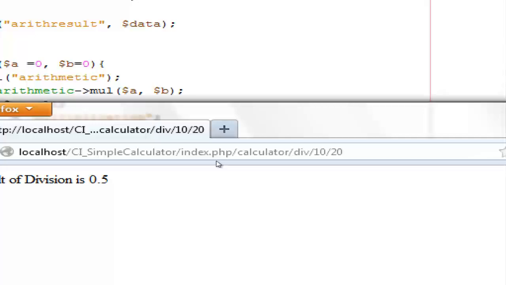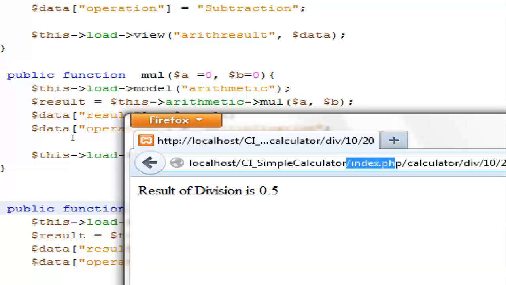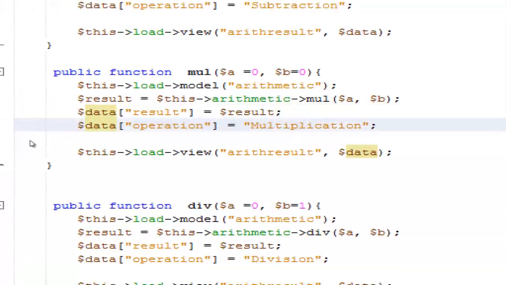And by the way, you may be thinking, can you get rid of this thing? Can I hide this index.php, the front controller? The answer is yes. Not directly in CodeIgniter, but it is possible by using the htaccess. I'm going to talk about it slightly later. You can make the Apache